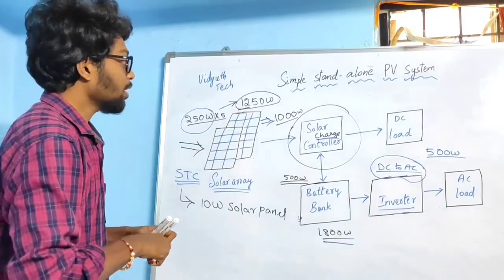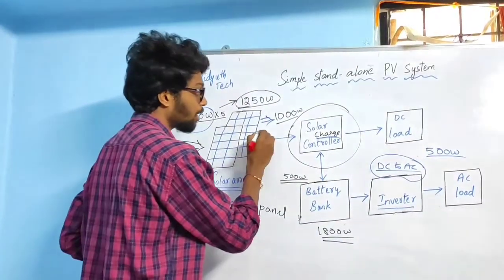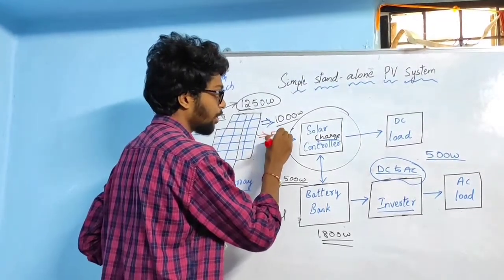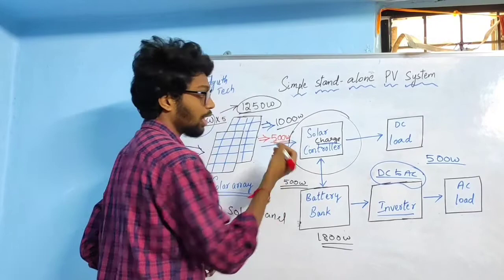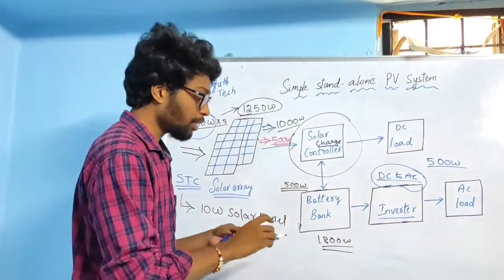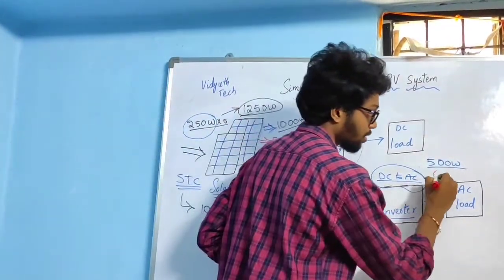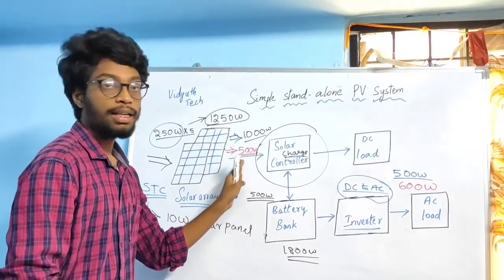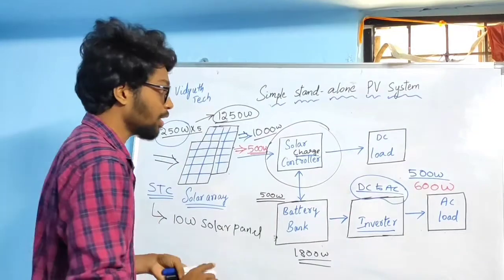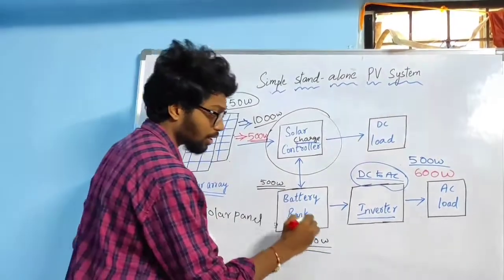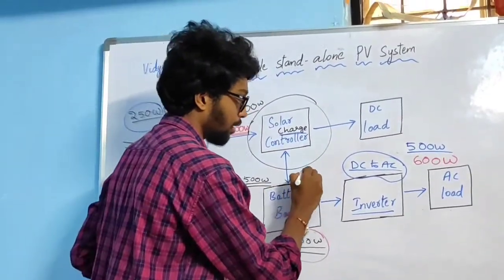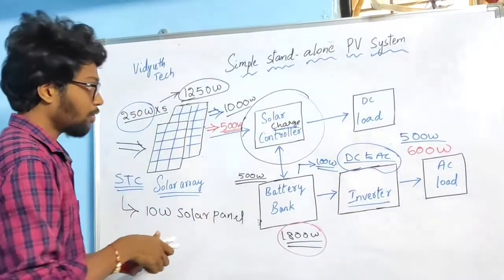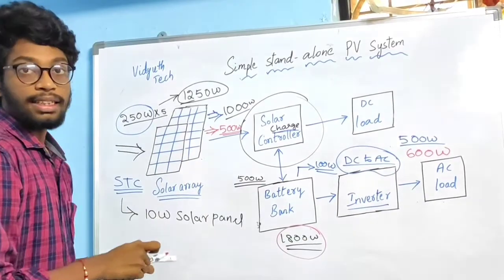Friends, let me take the case 2. Due to solar irradiance effect or temperature effect, this time it has generated only 500 watts, due to climate issues. At this moment you have the load of 600 watts, which is more than the generated power by the standalone PV system. So at this moment 100 watts load is going to be utilized from the battery to drive the load.